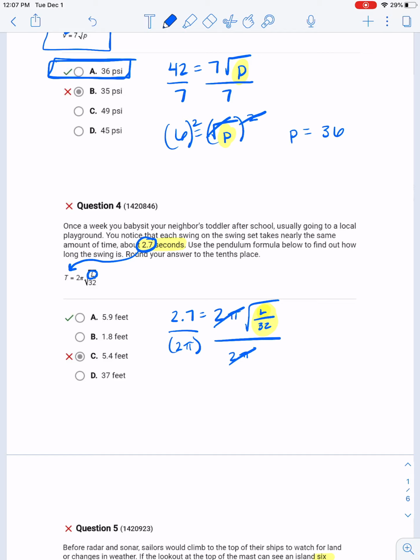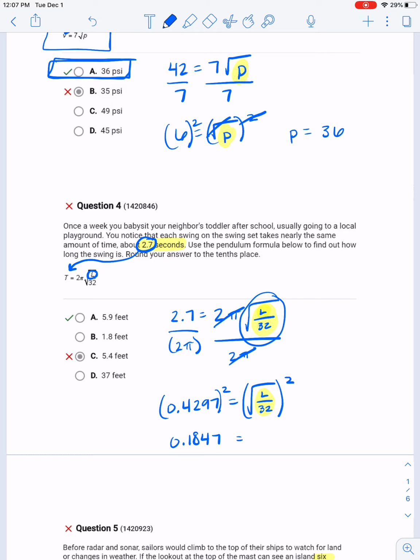And then I'm going to round. I get 0.4297 equals, and all I have left over here is the square root. So the square root of L over 32. Now again, we're trying to get L by itself, so I still need to get rid of the square root first. So to get rid of a square root, I'm going to square both sides. So square that number that I just got, that big long decimal, and I get